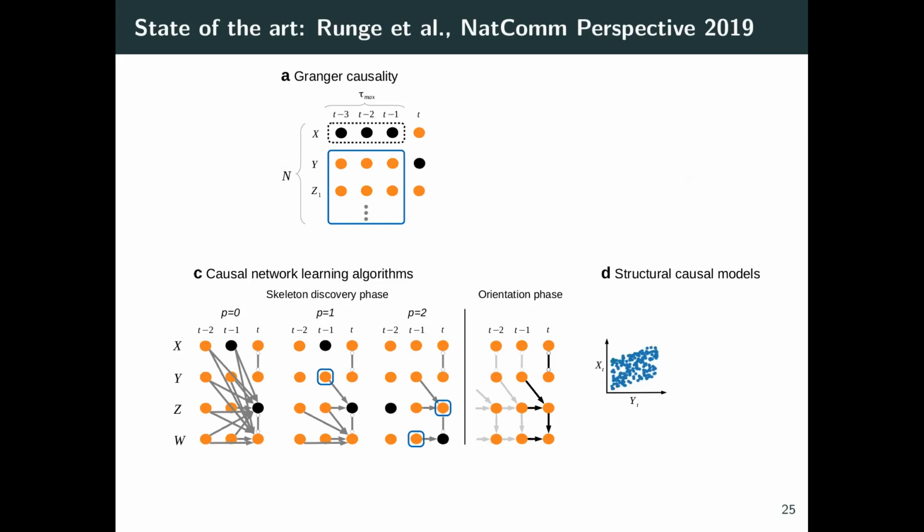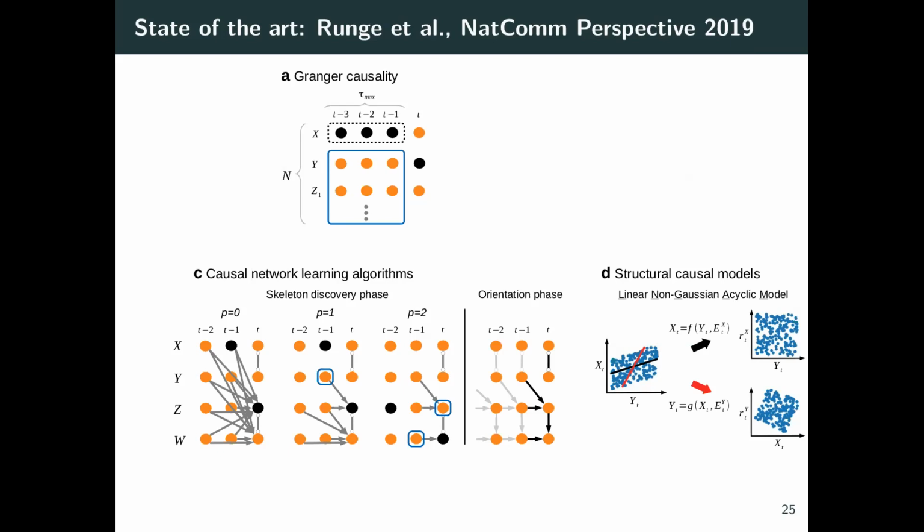And what they use is not magic, but additional assumptions about the data. In particular, if you have non-Gaussianity in your variables, then they have a result and a method to identify whether X causes Y or Y causes X. Just visually, you fit a model in both directions and then look at the residuals and how they relate to the potential cause. And if there's independence observed, then you find the correct direction, namely here that Y